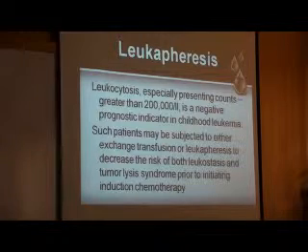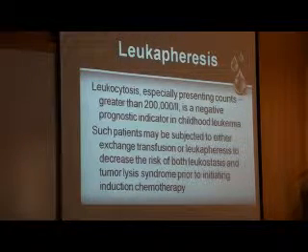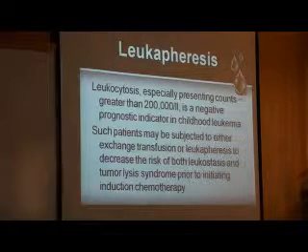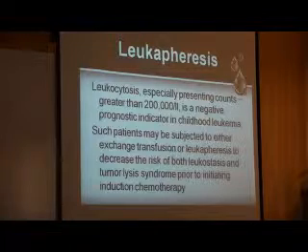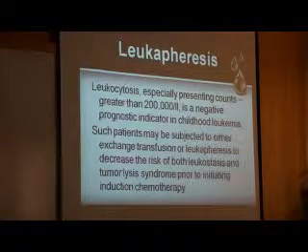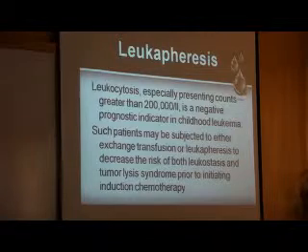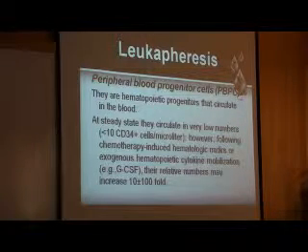Leukapheresis, on the other hand, is very important for a special category of patients, which are the leukemic children. Leukemic children with hyperleukocytosis are susceptible to vaso-occlusive events and tumor lysis syndrome. So we need to remove this harmful large number of leukocytes. But this is not the only function of leukapheresis. We have a more important function for leukapheresis.